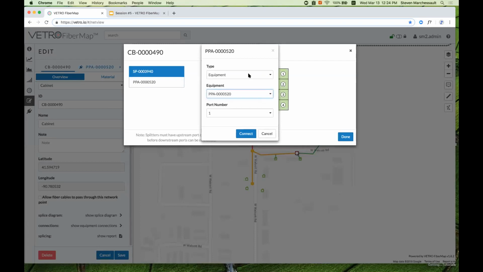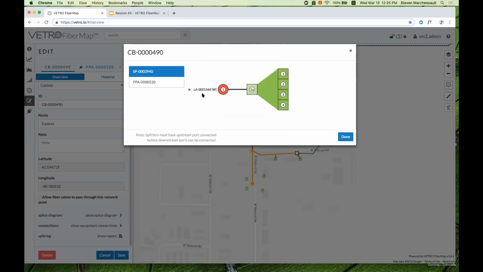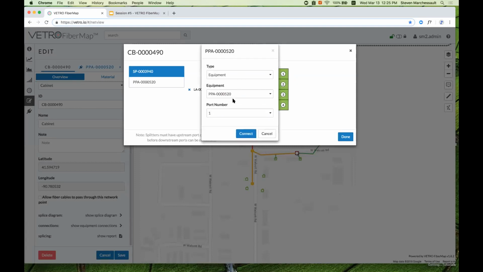We'll select the cable, and this lateral from the west, we have all of the fibers of that cable that are currently available. I'll go with fiber 1. And so here's the input. And now we can nest the ports of the patch panel from here. So if I select port 1, equipment, patch panel, port 1, and then I'll just click through the rest of these to establish all of the ports